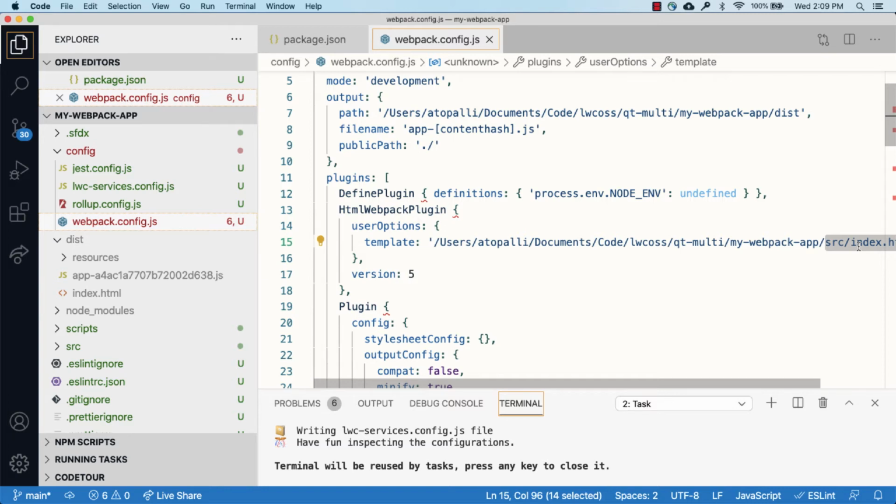This plugin also allows you to control how the final HTML file looks like, whether comments have to be removed or not, whether white space have to be removed or not, and so on. In a typical LWC OSS project, you just have one index.html file. That is why there is only one Webpack plugin entry. But if you want to create more than one HTML files, you'll have to add additional entries.